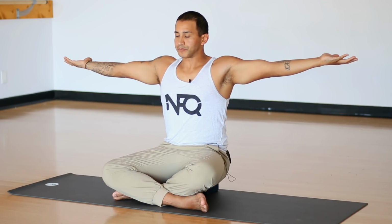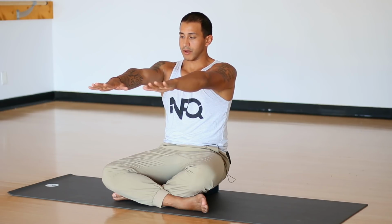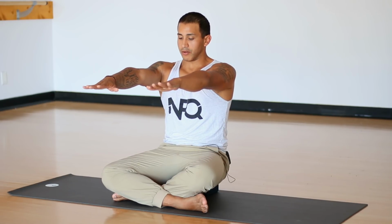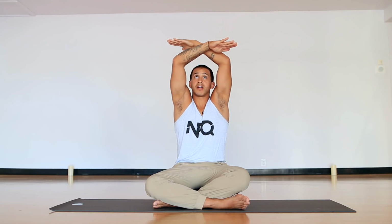Keep this here. Now with the palms facing up, you're going to start to bring your palms to face in front of you, like you're holding onto some plates. Okay? Now when the palms are up, now we're going to bring our palms to face down. Extend the arms forward. Big inhale here. Now on the exhale, you're going to cross your left palm underneath your right and think about bringing your palms, start to lift your arms, bring your palms to stack on top of the crown of the